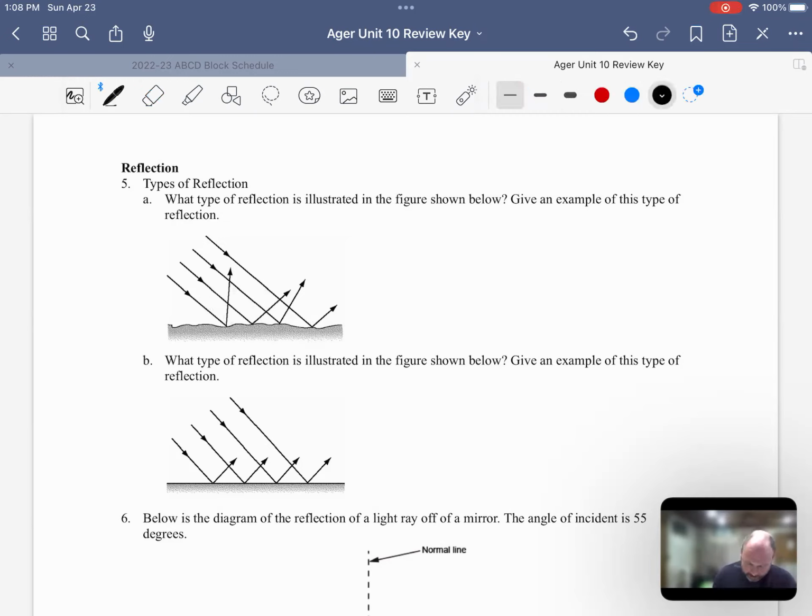And so it doesn't create an image because the light gets all mixed up and jumbled. So you just see the object like we normally see most of the world. So anyway, what type of reflection is illustrated here? This is called diffuse reflection, and it's a scattered light